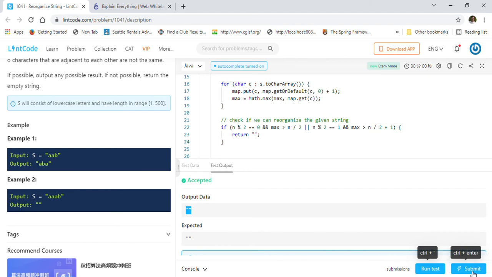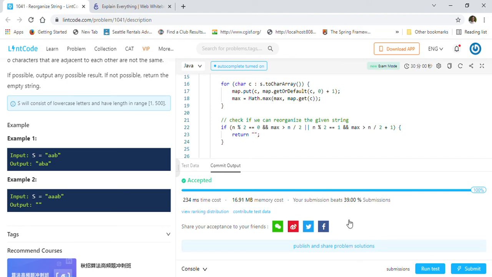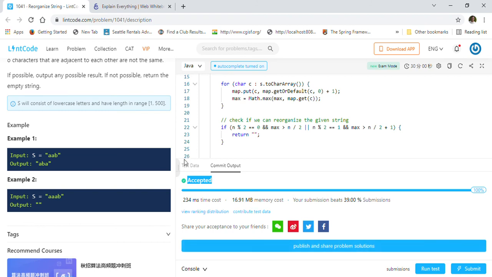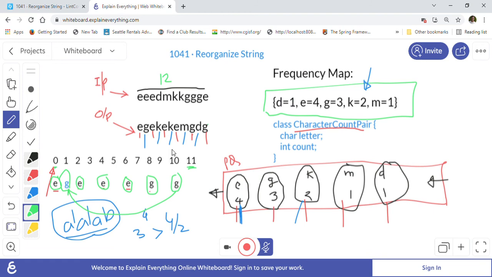So we will just submit our solution, because our test cases are working correctly. So our solution got accepted, as you can see here. So this is the way you can solve reorganize string. This is kind of an algorithmic problem, so I just thought that this will be a good helper problem if someone is preparing for their interviews, because sometimes string problems are common in the coding interview. From this problem you will get to know how to formulate logic for reorganizing string problems. So that's why I'm creating the video.